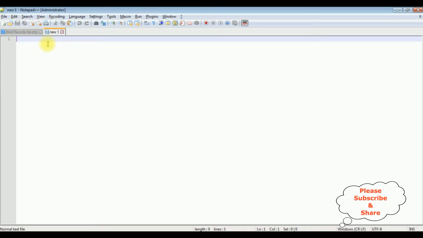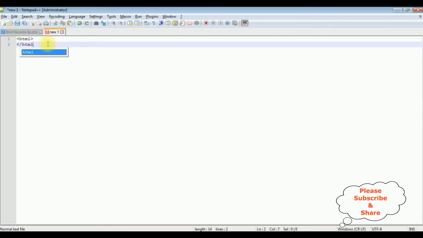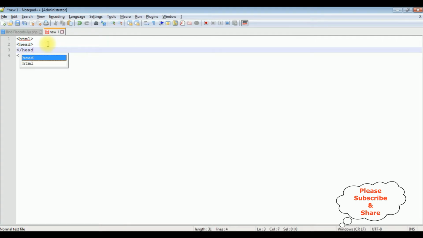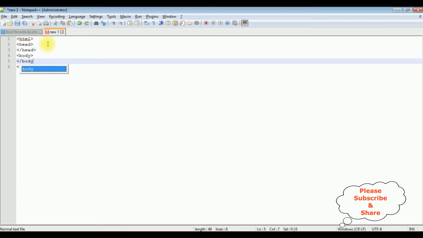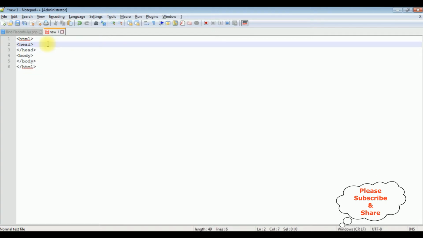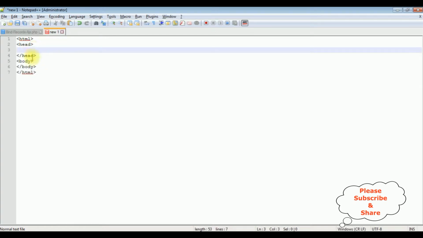Now in this new page I'm adding the HTML tag. I'm closing HTML tag. Header section, I'm closing the header section. Body, I'm closing the body tag. Now in this header section we want to implement AngularJS, the first thing we require is the latest AngularJS CDN link. So go to browser,